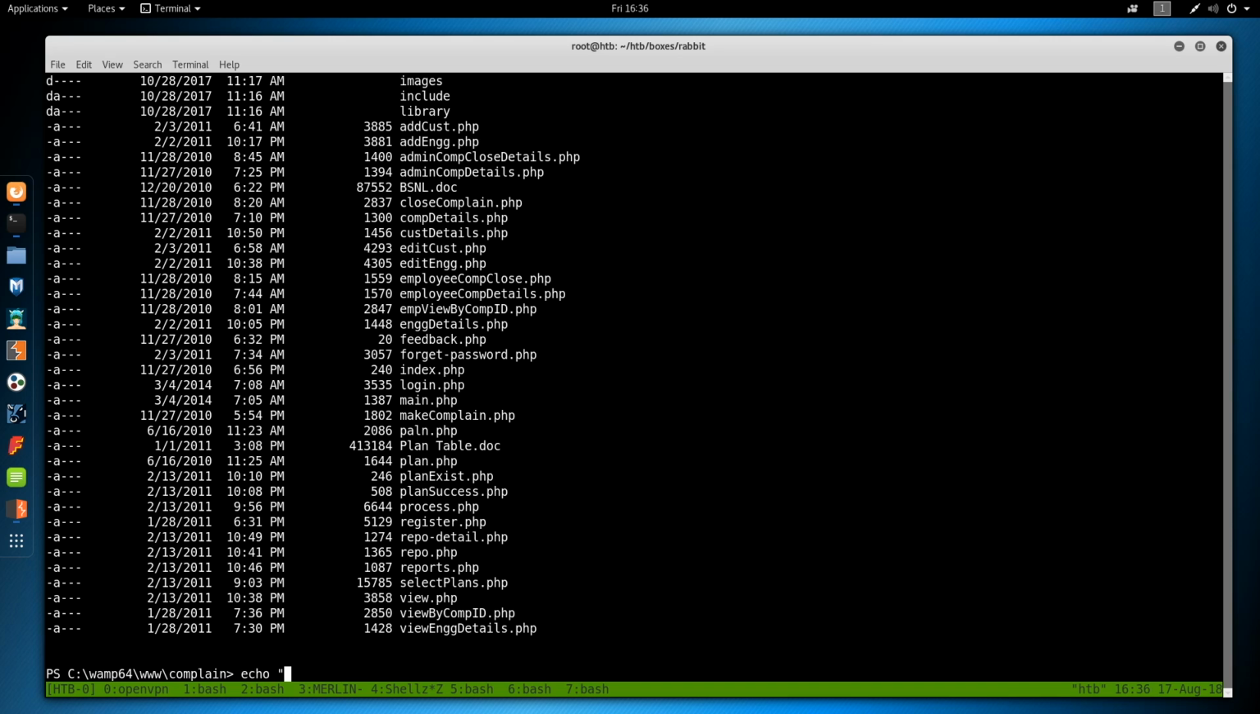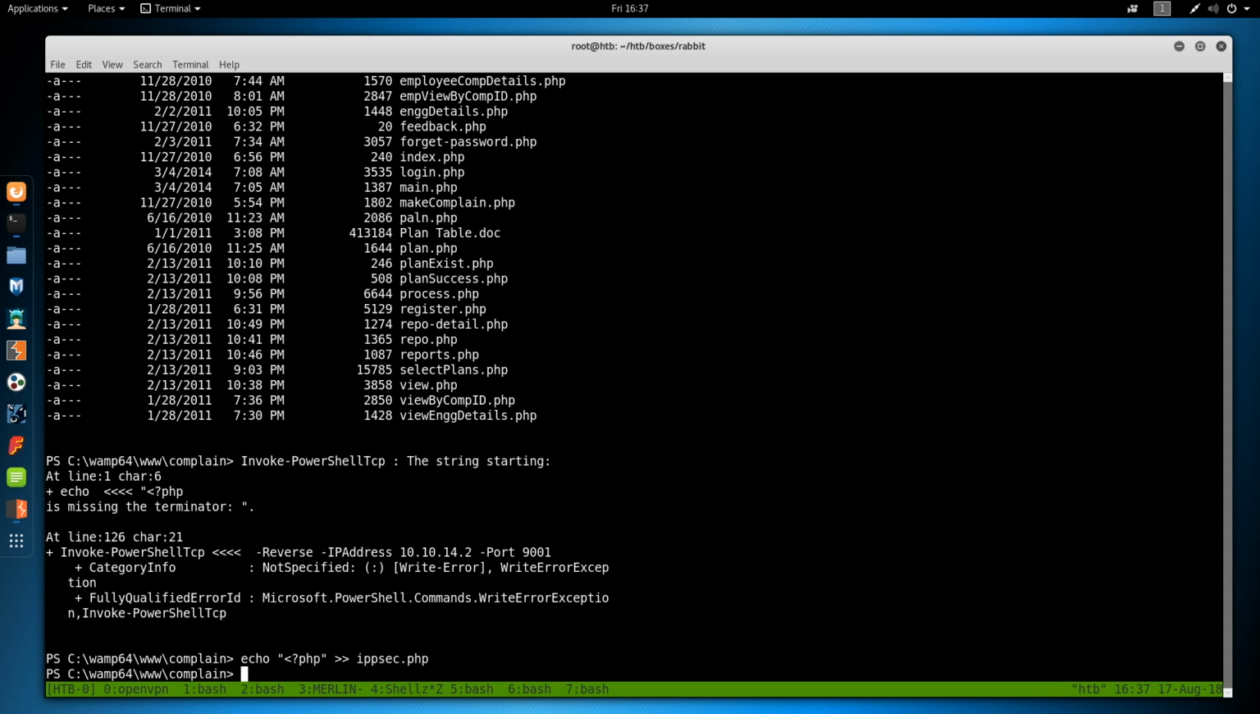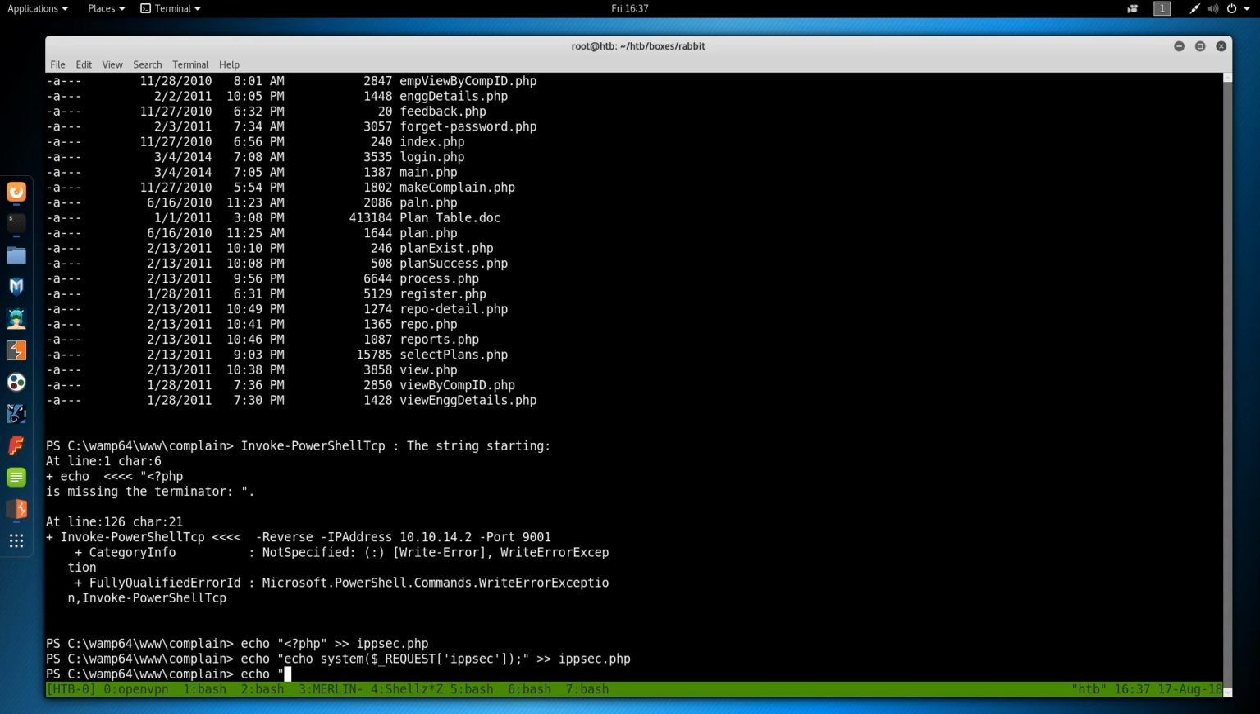Echo PHP. Do this on separate lines as well. So to ipsec.php, then we can echo, we'll do echo system request ipsec. That looks right. Then we can echo